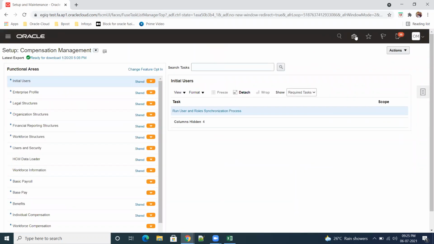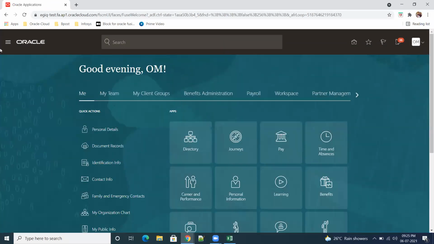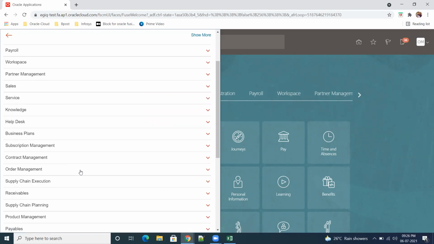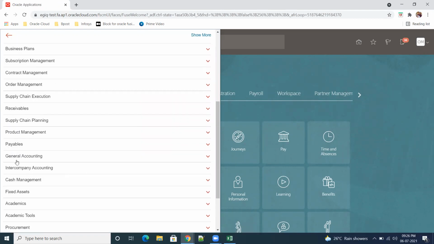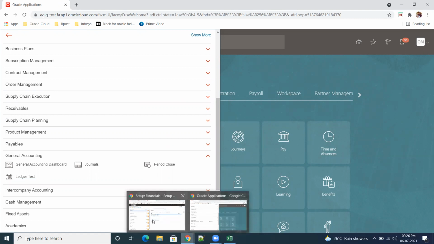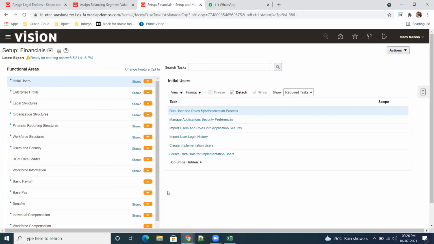So this is my licensed instance of my company. If we go to Navigator, general accounting, okay, this is the area. This is Vision.